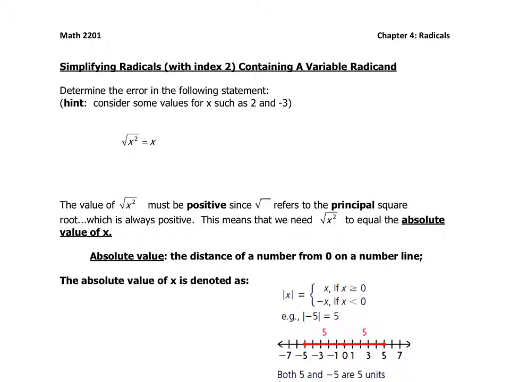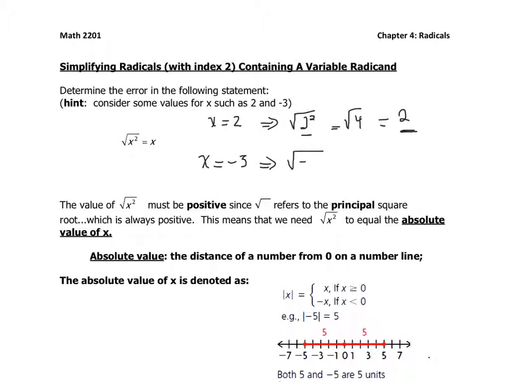For example, if x was equal to 2, then if the statement is true, the square root of 2 squared, which is the square root of 4, is equal to 2. x in this case is 2, and the square root of x squared is in fact x. When we take the square root of x squared, we do get x back, because the square root of 2 squared is 2. However, if we consider x equals negative 3,